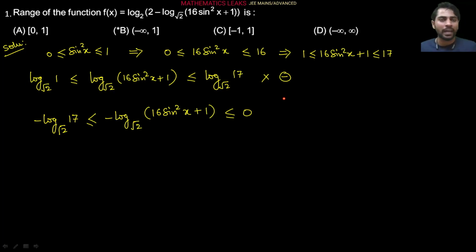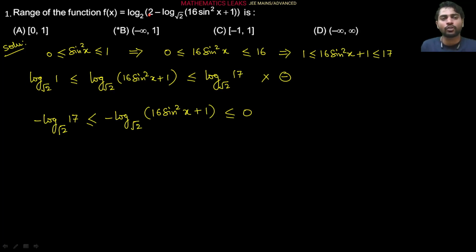Now, understood? On multiplying by minus, the inequality sign will reverse, right? Greater than will become less than, or less than will become greater than. So this quantity was greater than this, so on multiplying by minus this quantity will be less than this, right? And similarly this quantity was less than this, so on multiplying by minus this quantity will be greater than this, as you can see here, right? So we are right now getting this.